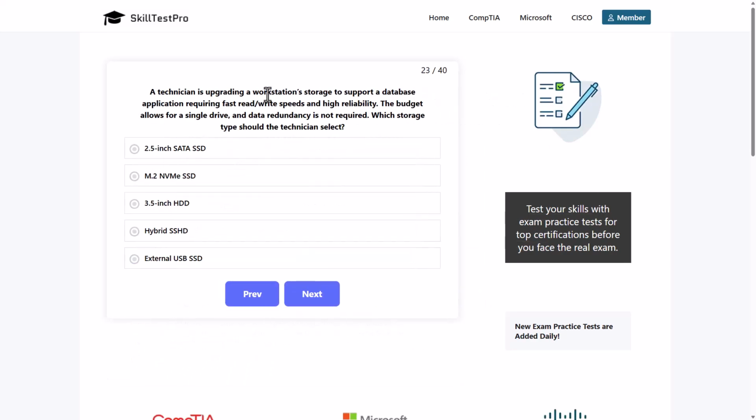A technician is upgrading a workstation's storage to support a database application requiring fast read-write speeds. The budget allows for a single drive and data redundancy is not required. Which storage type should the technician select? 2.5-inch SATA SSD, M.2 NVMe SSD,